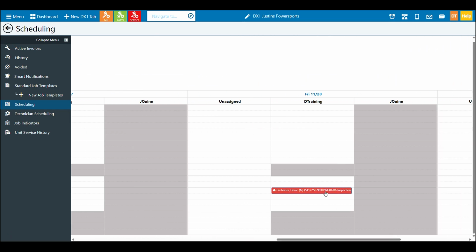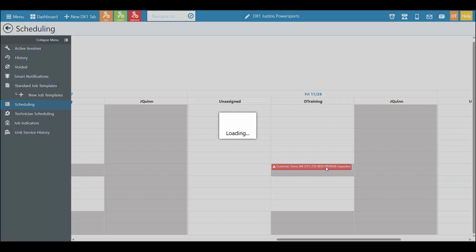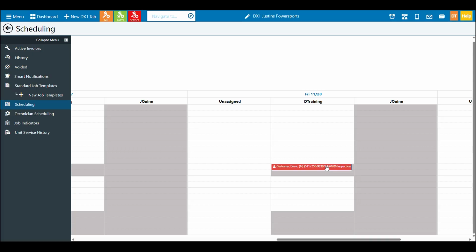We can see my appointment there. If I need to, I can always click at any point in time on the calendar to drag stuff around. Here, we can see it's on my off time. There are some configurations as to whether we can schedule appointments during somebody's time off. You can configure that or not, but you can also move them around.